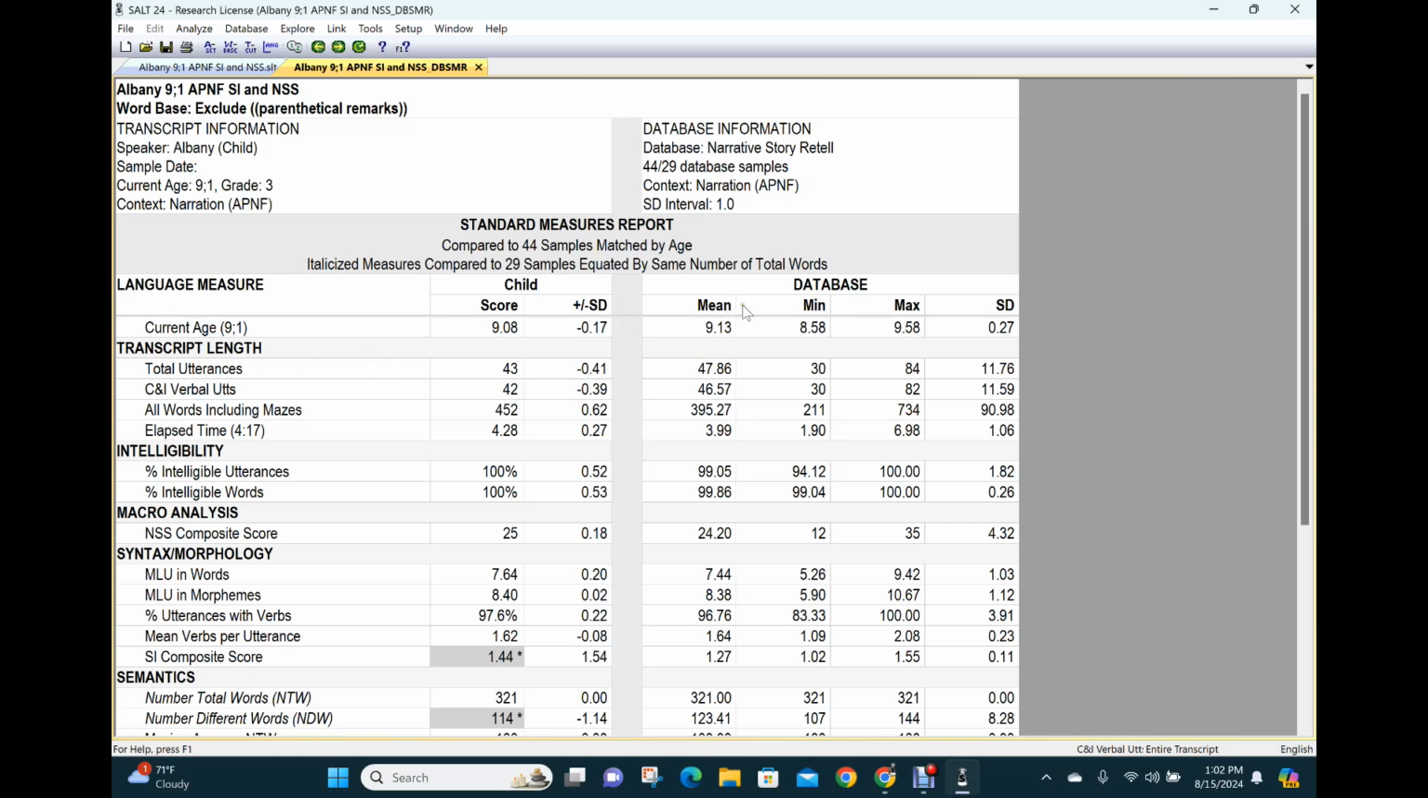Okay, and then the right-hand side is the database. So we've got the samples that we selected and our standard deviation interval, and then the mean, min, max, and standard deviation for the database. Okay, so if we scroll down, this report is divided by language domain,